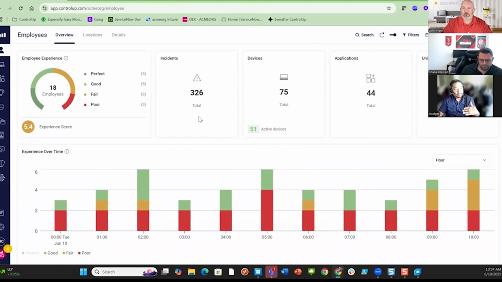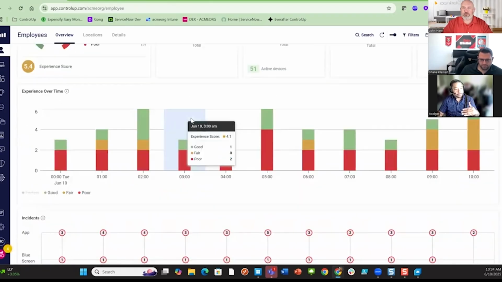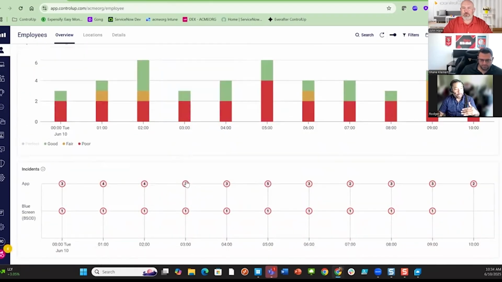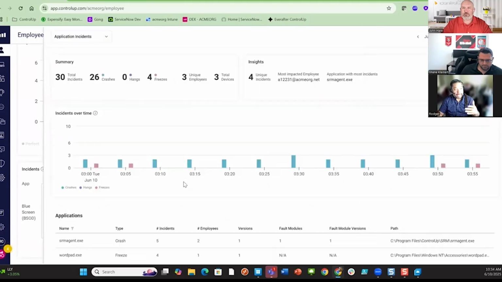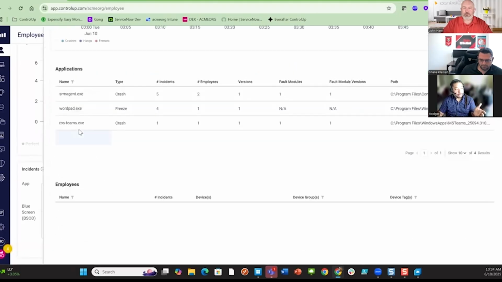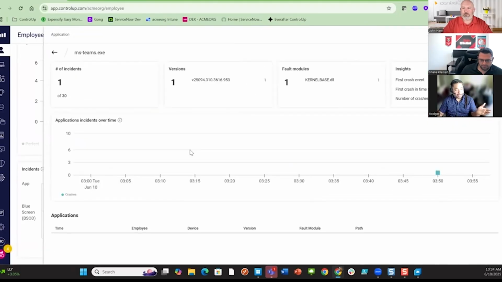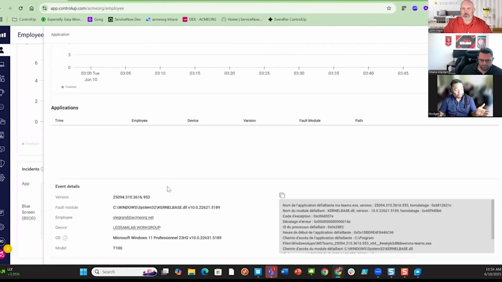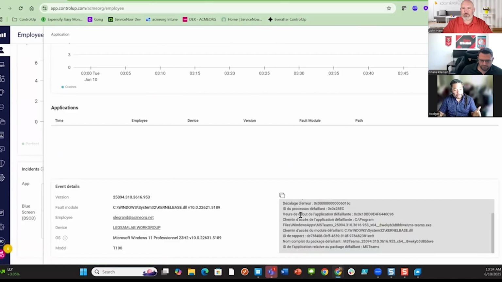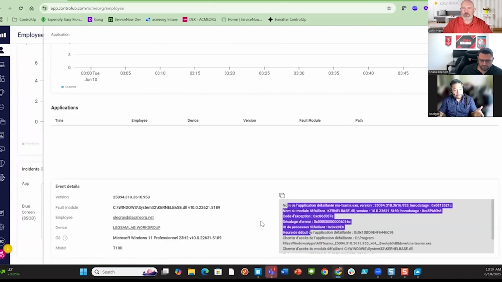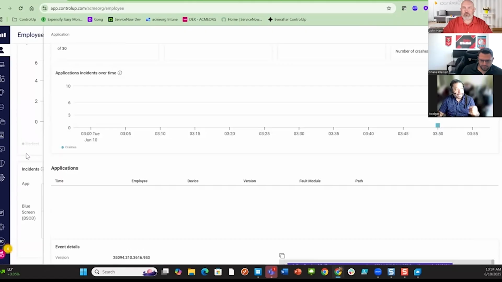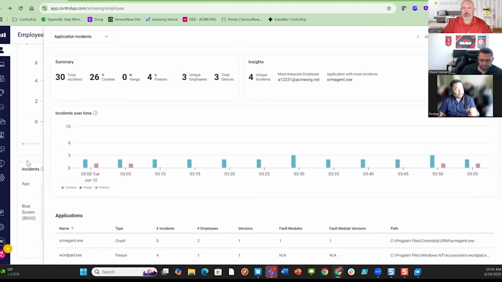This is a 10,000-foot view of my users. I can see where I have hotspots, application crashes. If I go down into Teams, I see Teams crash today. For Sam, this is his laptop. He's obviously not in the US, but this is what's happening in my environment as we speak today.